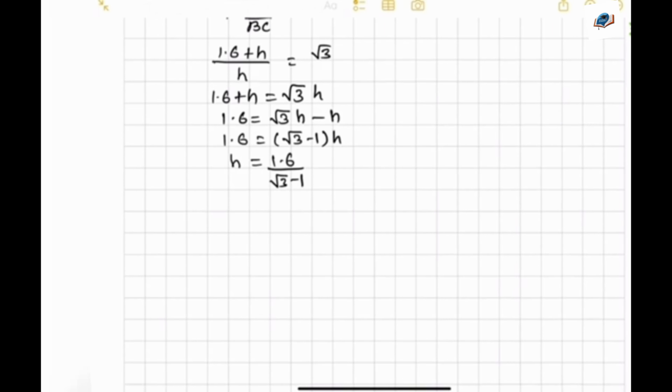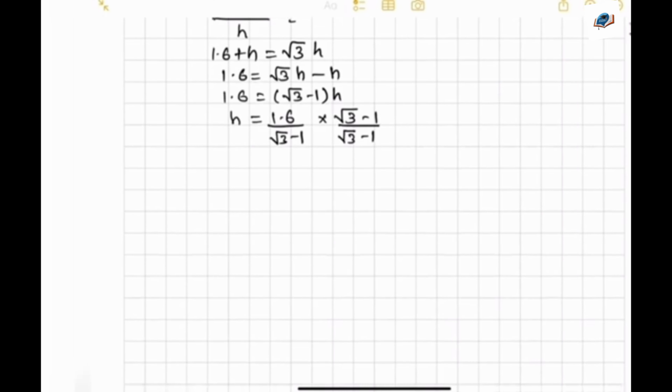So again I have got two equations. One is BC equal to h. So I have put that here directly, BC equal to h. Now I have got 1.6 upon root 3 minus 1. So rationalizing it, I am multiplying with root 3 plus 1, numerator and denominator both. So h equal to 1.6 into root 3 plus